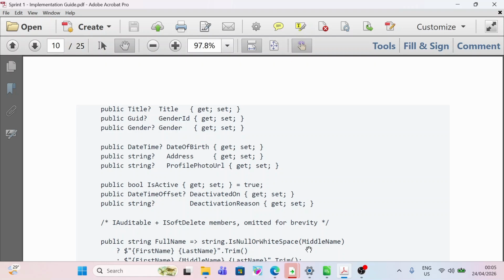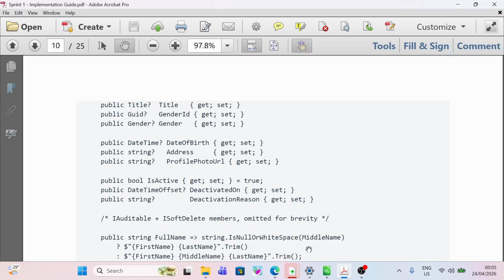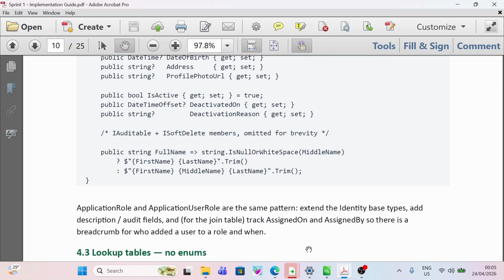public DateTimeOffset? DeactivatedOn { get; set; } public string? DeactivationReason { get; set; } /* IAuditable plus ISoftDelete members omitted for brevity */ public string FullName => string.IsNullOrWhiteSpace(MiddleName) ? $"{FirstName} {LastName}".Trim() : $"{FirstName} {MiddleName} {LastName}".Trim();